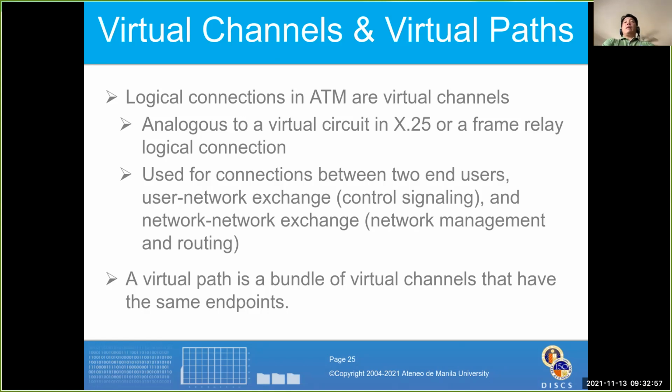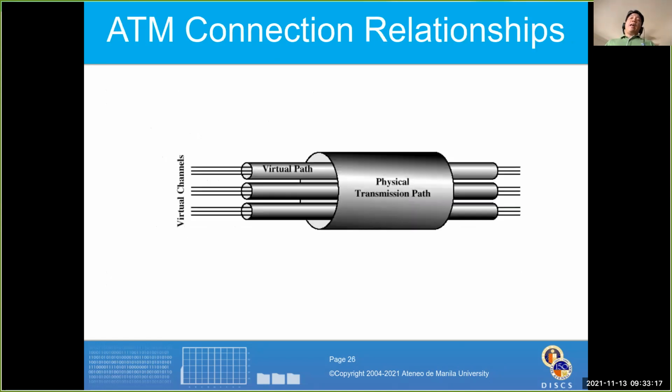But in ATM, it created the concept of a virtual channel and a virtual path, which allows you to bundle a set of channels in the case of virtual path, and each channel will have a dedicated amount of bandwidth allocated to it for that entire period. Therefore, you can simulate something called a virtual circuit, which we discussed last meeting. So ATM is the realization of that, right? Your physical path can be broken into many virtual paths and broken into many channels, and you can give channels to specific endpoints in your ATM network so that they can treat those channels as if they were dedicated circuits,